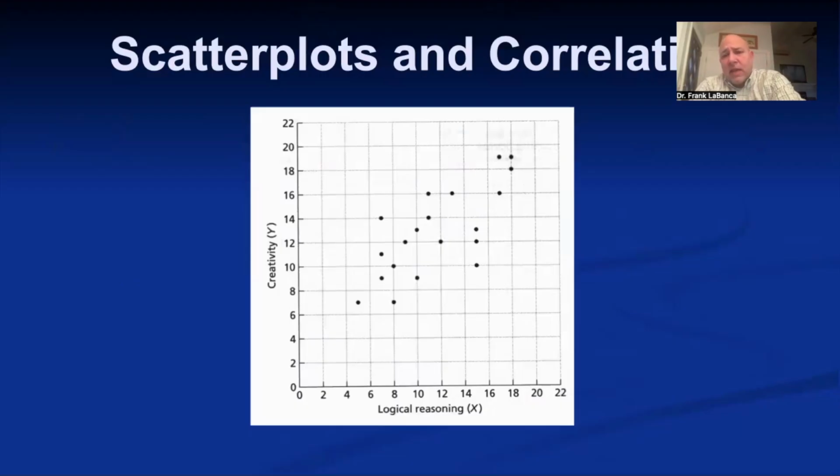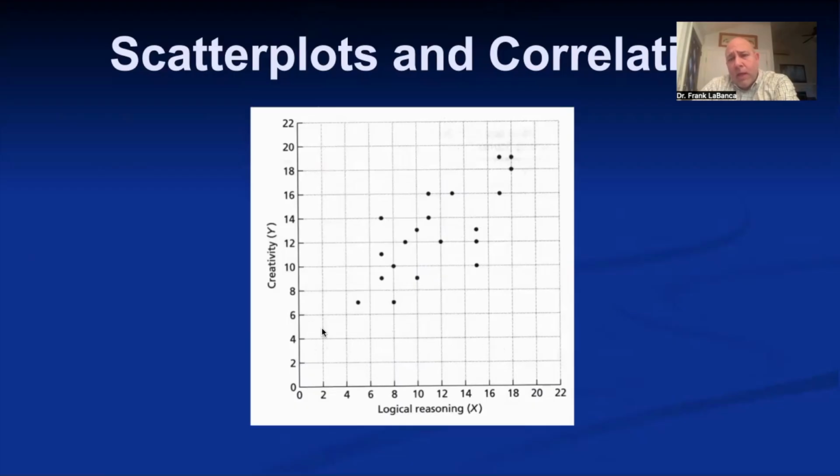Let's say I had a number of people. They each did a logical reasoning assessment and they did a creativity assessment. If we look at this person right here who's got a score of 5 on logical reasoning and 7 on creativity, that's their point. We're plotting the relationship between the two, where they intersect with one another. If you look at this sample of about 20 people or so, you can see there generally tends to be, as logical reasoning increases,